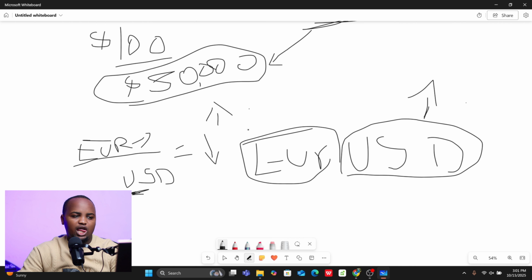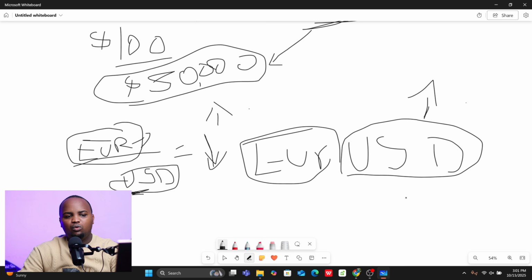I'll repeat that again. When you increase the numerator, increases in value, what happens to the equation? Moves up. When we increase this value of denominator, what happens to the value? Lowers down at the end of that value. You can put that in practical. Okay, that is the same thing. When dollar gains strength, it will push this market down. When euro gains strength, it will push this market to move up. Now that is where we look at the economic things and political things to see how they're going to, are they strengthening the gold, the euro or USD.